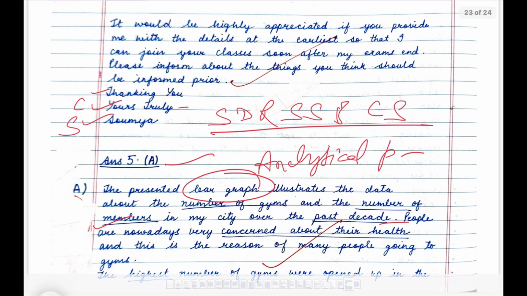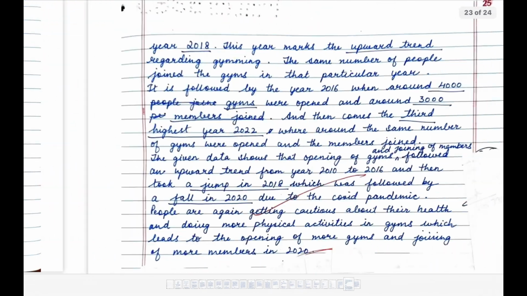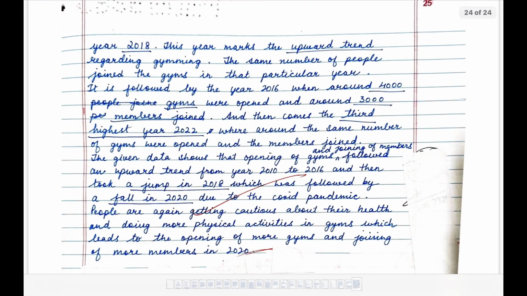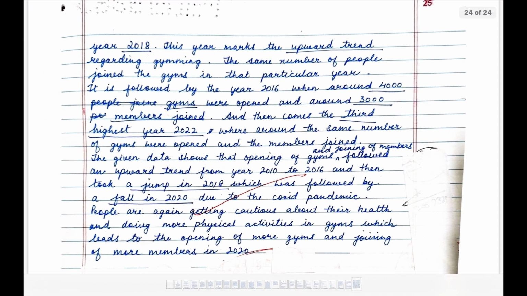So in paragraph writing, no need to mention the title, no specific format is there, but you should keep in mind the introduction, the body, and the conclusion part. Then at the end you can highlight or underline the main points. So this is how we are to attempt the answers in board exams